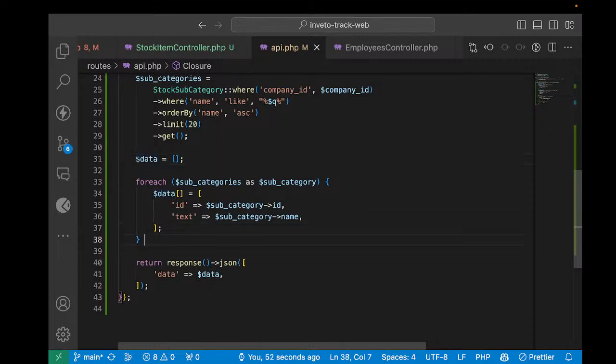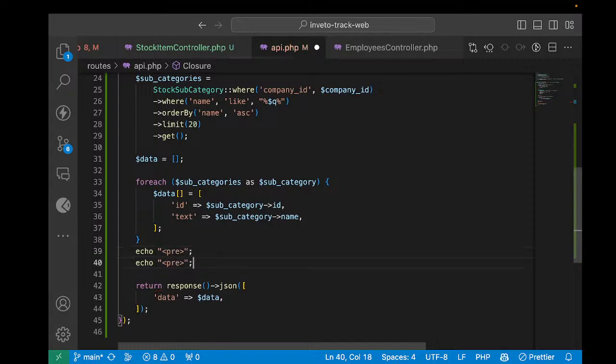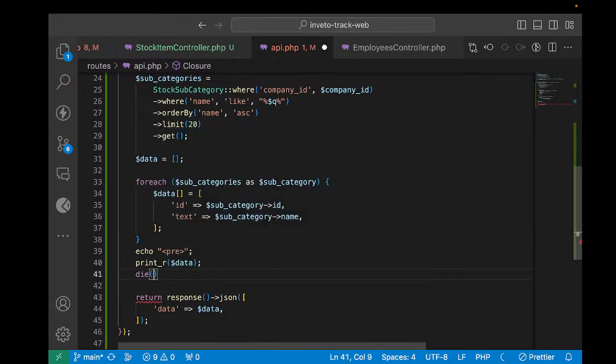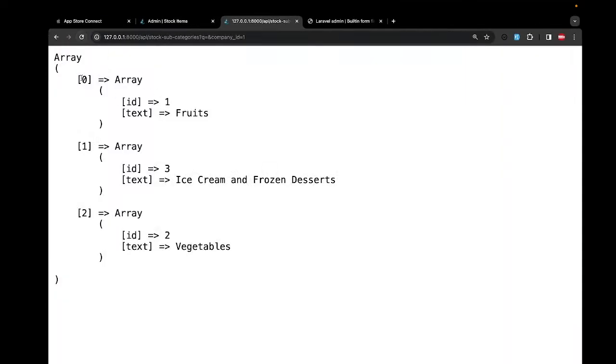Let me say echo print_r, and I dump this data so you can see it properly. Let me refresh. You see, we have our data, which is an array and the values, but the challenge is here